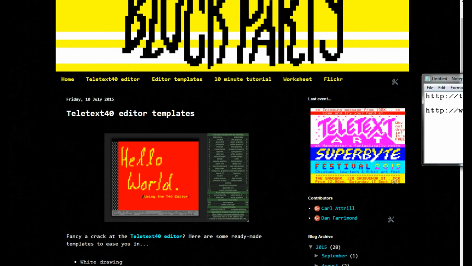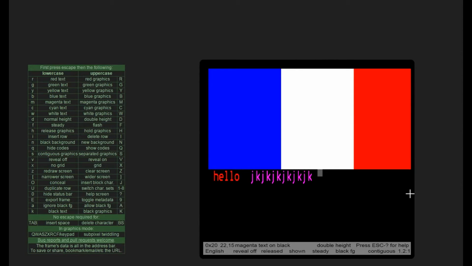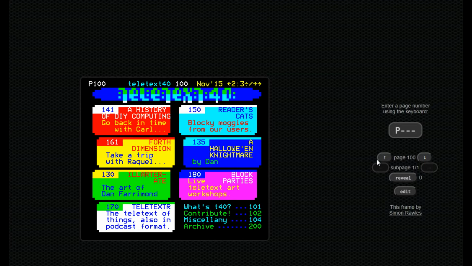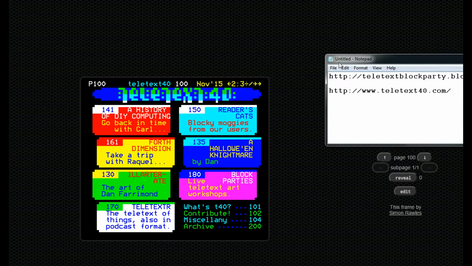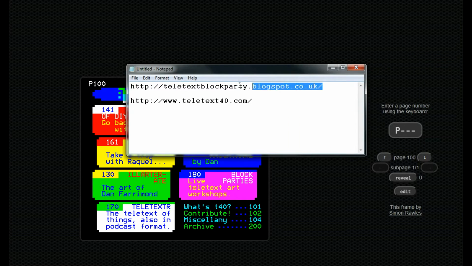And we're going to go there straight away, and you can see there's one I made earlier. That's what I'm going to do in a minute actually. And this is a fully working teletext service, and people who make things for the service have their pages displayed on there. And you know, there's no bar. Anyone can do it. So why not give it a go and submit your page? And hopefully, if you've never done it before, I can just show you something very quickly now, just to get you going. So resources you need first of all, I would recommend going to this